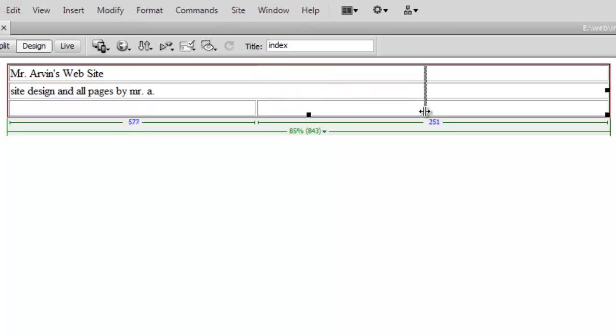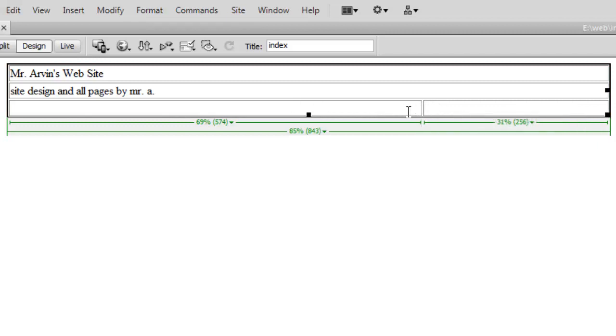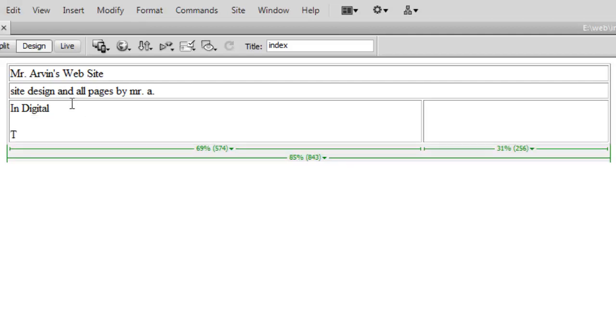All right, now in this box right here, I'm going to actually slide this divider over to the right a little bit. You can grab that divider and kind of move it around, slide it where you want. I'm going to move that little middle divider between these two boxes to the right some. And in this box, I'm going to go ahead and just type in a little bit of information that I want to show my audience here. And I'm just going to say something like, in digital tools, oops, accidentally hit enter there, tools, we design